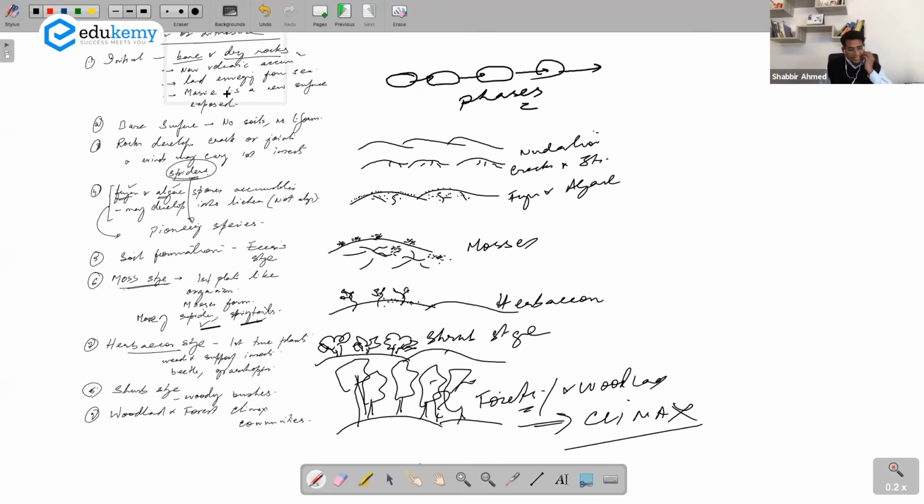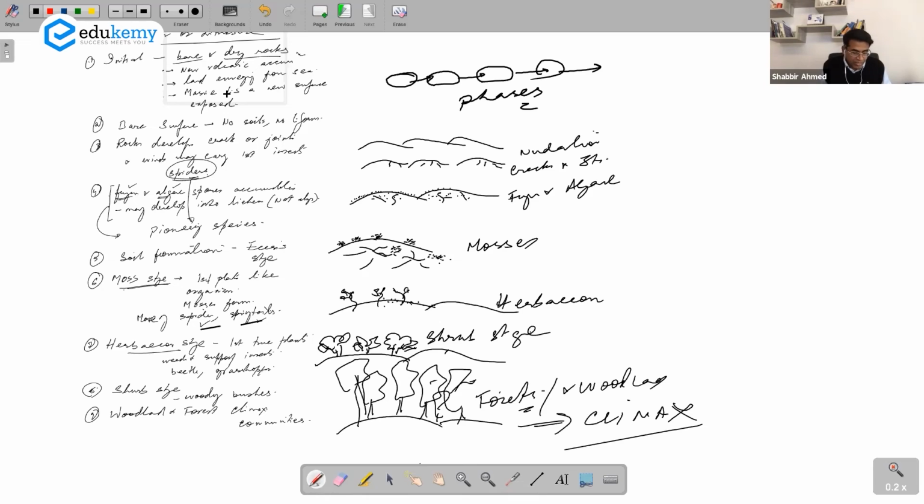So, successional development of plant communities, biotic succession or ecosystem succession. The first few lines are an explanation of what is succession: a natural process of replacement of one vegetation community in a given habitat by another community. There is a directional, sequential change of the entire plant community and so on.